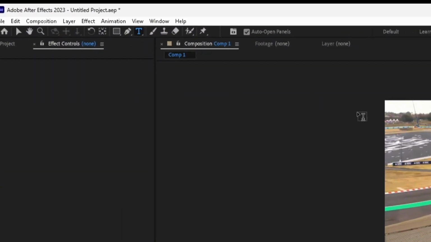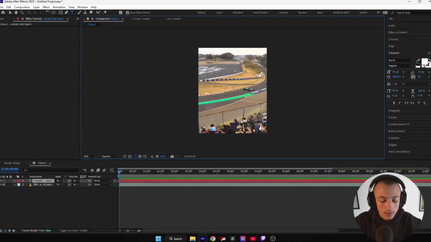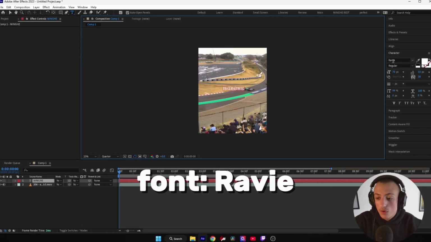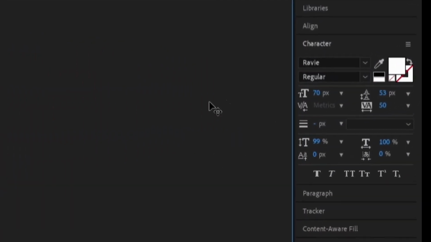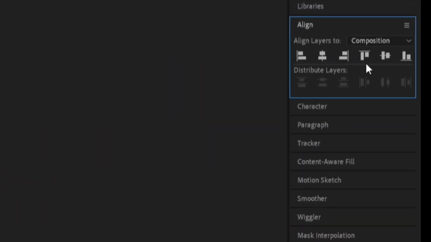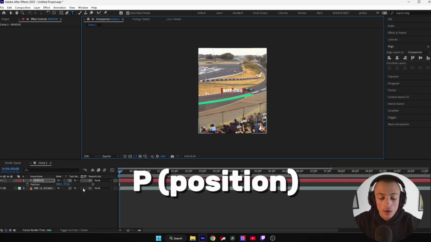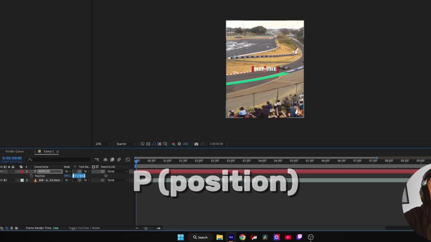So we're gonna click on the text, click somewhere on the screen, type Minghe, for example, for my name. The text I'm using is Ravy. These are my basically text settings. So we're gonna align that to the center of the screen. We're gonna press P on our keyboard and put it here,